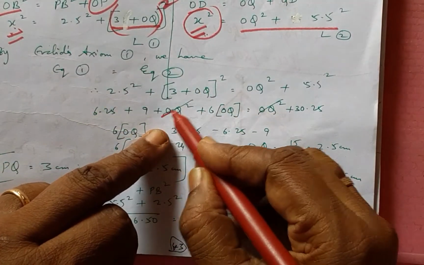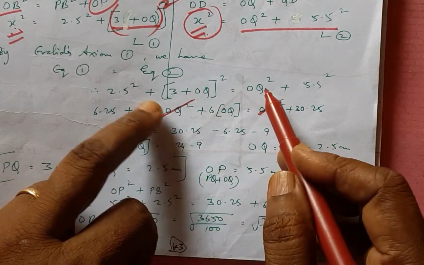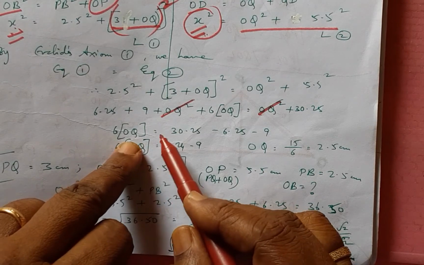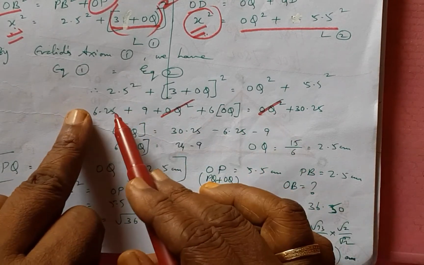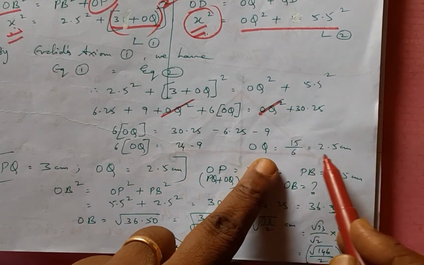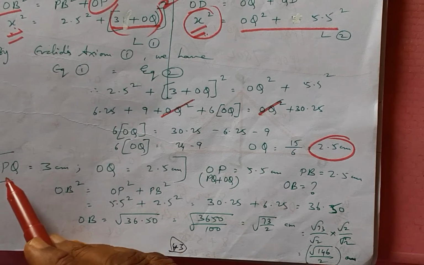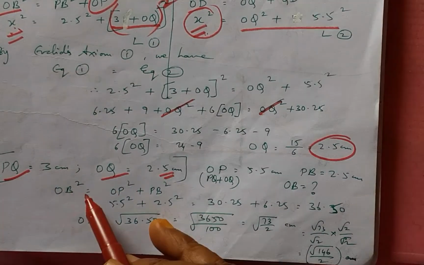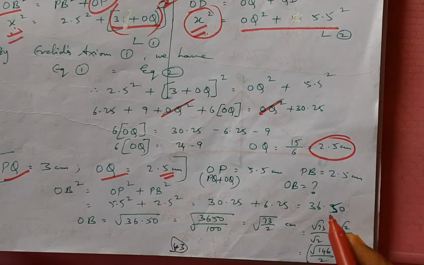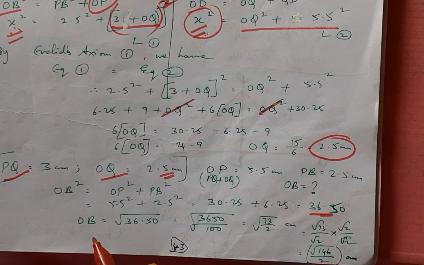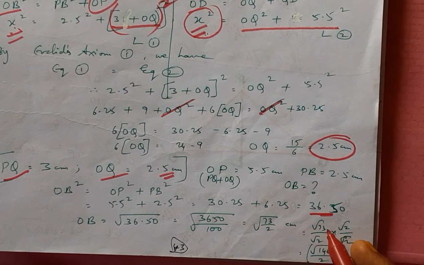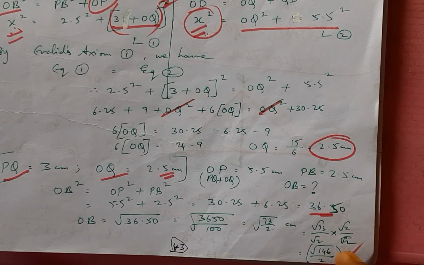From that, since OQ square is available on the LHS and RHS, they nullify each other, and then we are left with single OQ, and this is all simple maths. All these go this side and the positives become negative, and then we have the OQ value herein. And once PQ and OQ are in our hand, OB is child's play with the Pythagorean theorem operating here, and we get this value, and then OB is nothing but root of this value, and going forward we get this, and this is all simple maths.